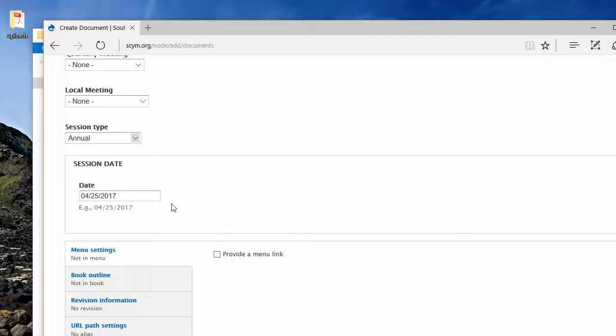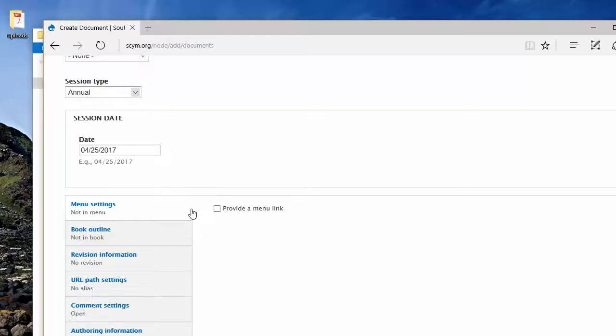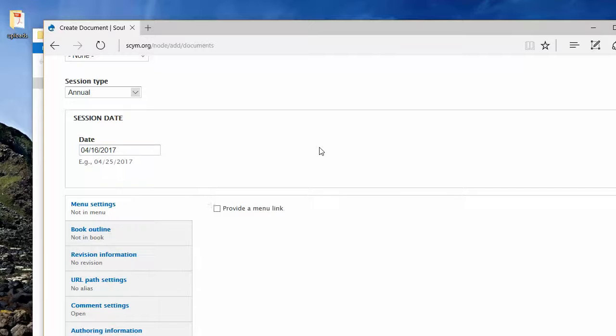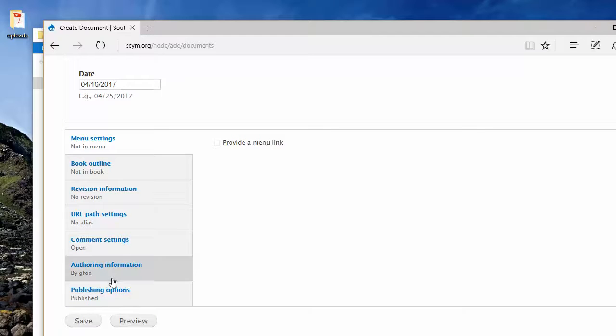And we'll change this to the 16th as well. Doesn't matter if you get some of the stuff wrong. It's just useful to have. And